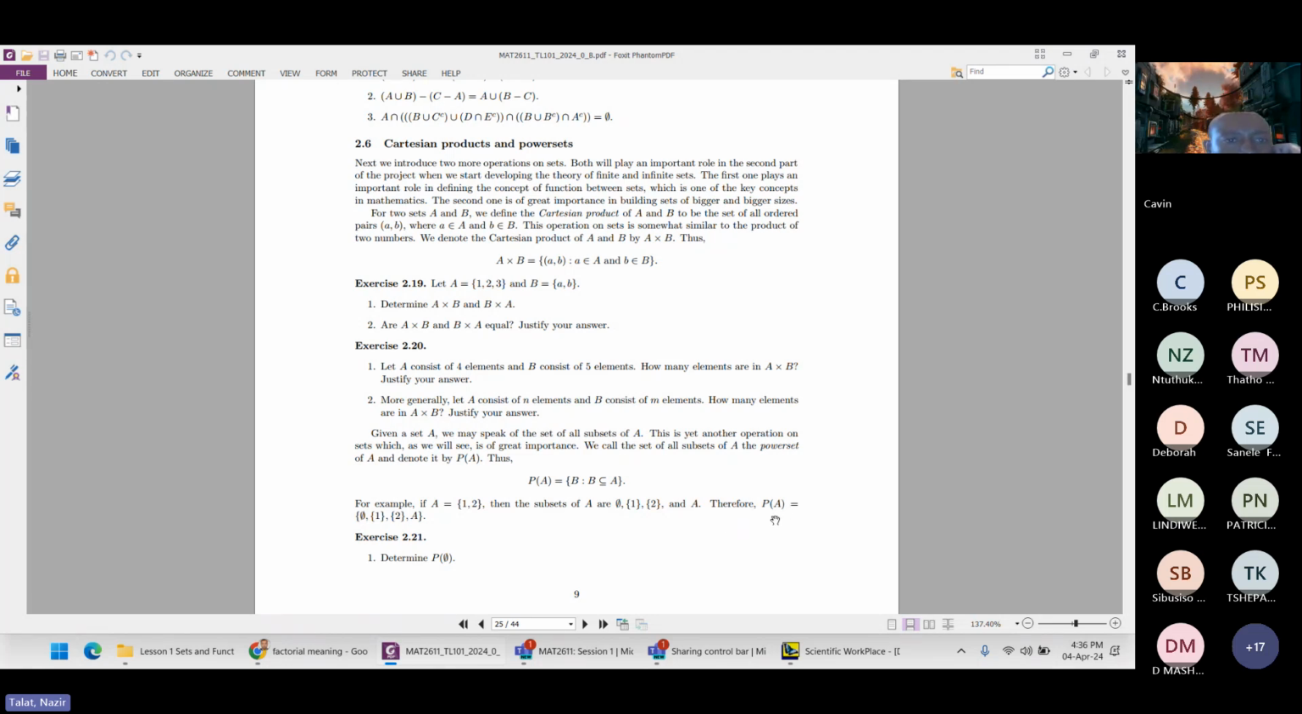Sorry, 2 squared, 2 power 3. If three elements, then 2 power 3. If four elements, then 2 power 4. So in this way, we can also say how many elements are in the power set of any